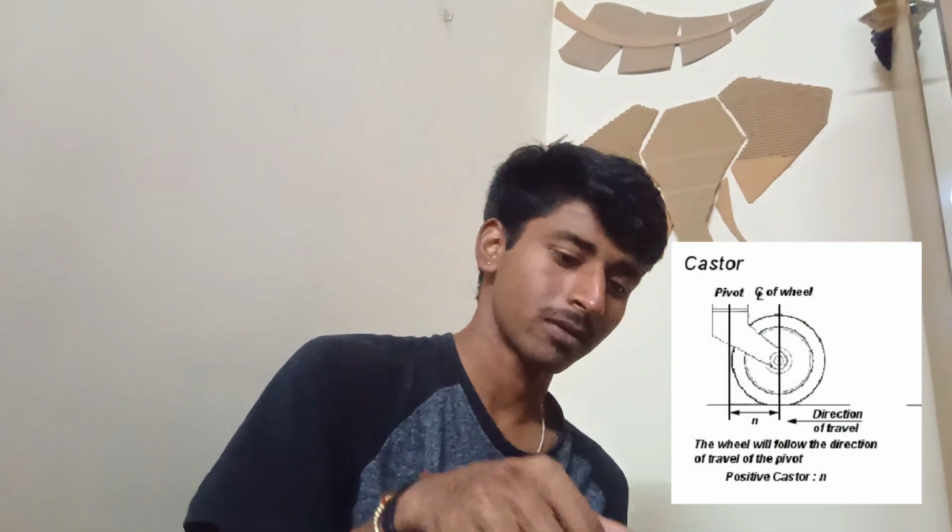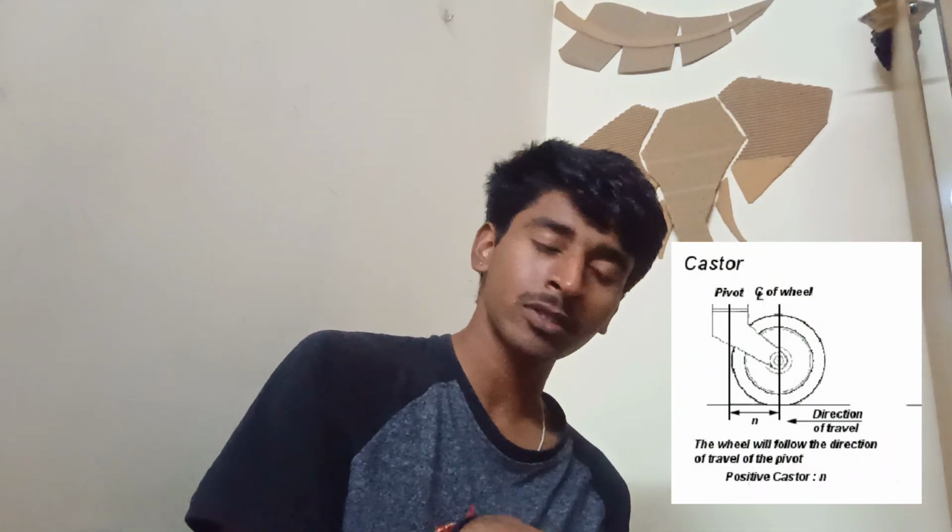That is probably the best example of explaining positive caster angle, because over there, if you check the steering axis for the wheel and its intersection point with the ground, that point lies in front of the tire's contact patch, right? And if you have noticed this, no matter in what direction you take your shopping cart, the wheels will always go along the line of motion of the shopping cart. A similar principle is in effect even in the cars.